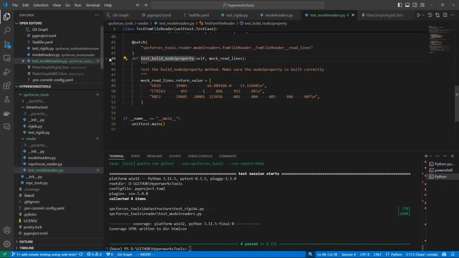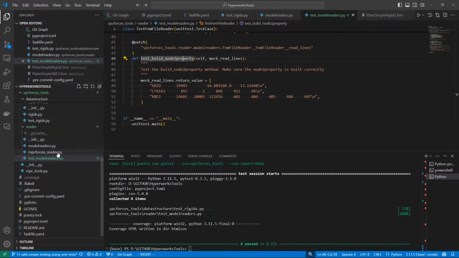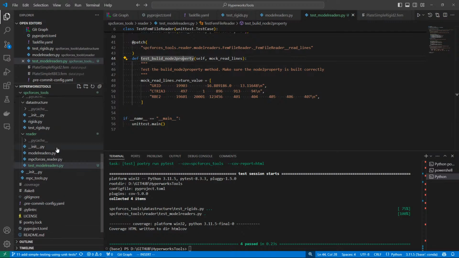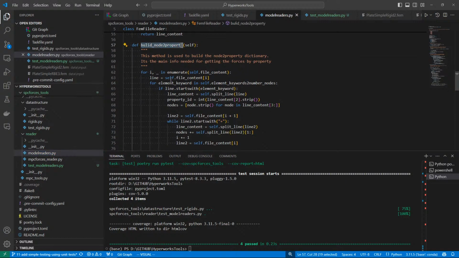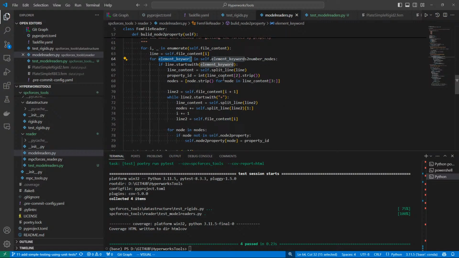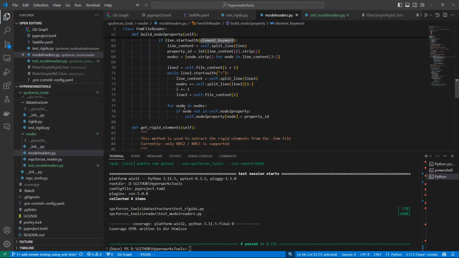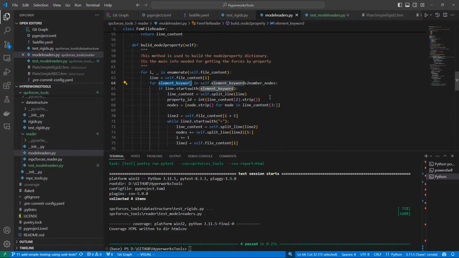Build node to property. Let's see what this method actually does. This should be here. Build node to property. So it goes through there. And then if I have an element, it takes the nodes. And for the nodes in the nodes, it wants then to have the property. Yeah, maybe it's not even that complicated. But so